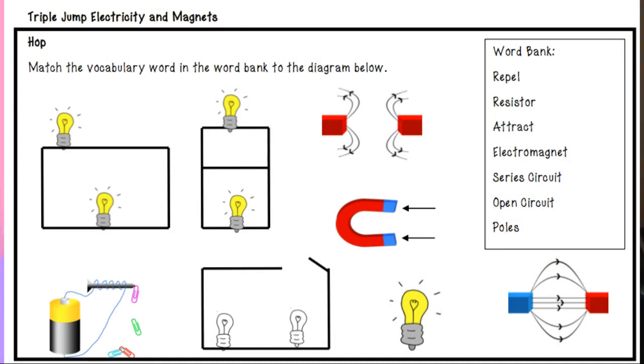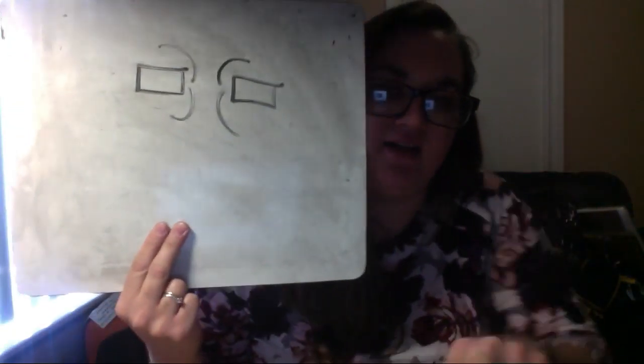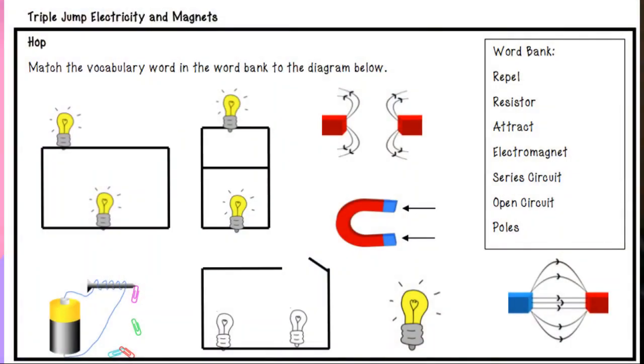Number 2 is parallel. Number 3, we showed 2 magnets coming at each other, but are they sticking together? No, instead, it's showing me 2 of the same field together. So if you have 2 magnets at home and you try to put them together with the same side facing, they push away. This is called repel. Repel is the answer to number 3.